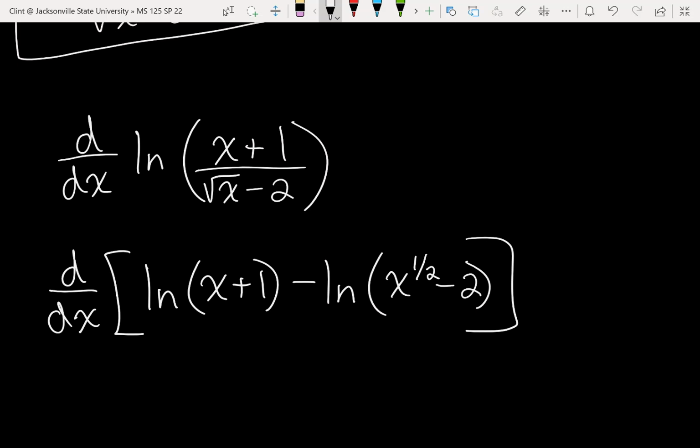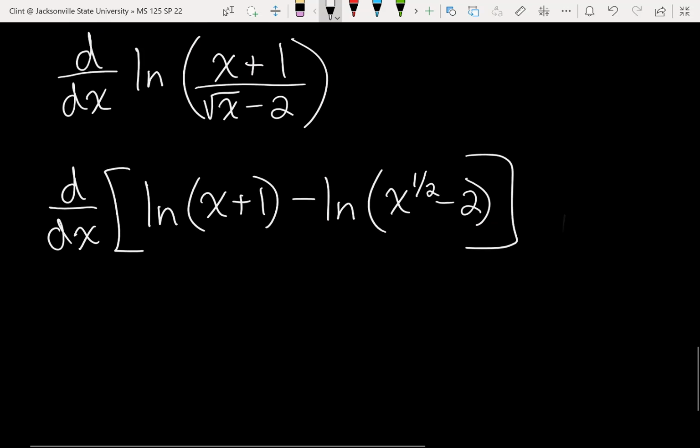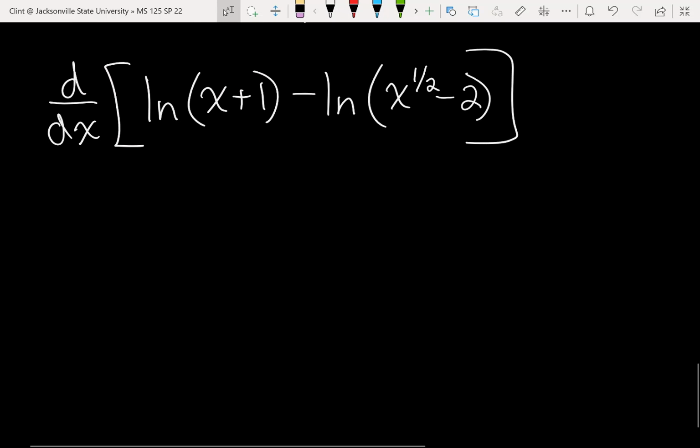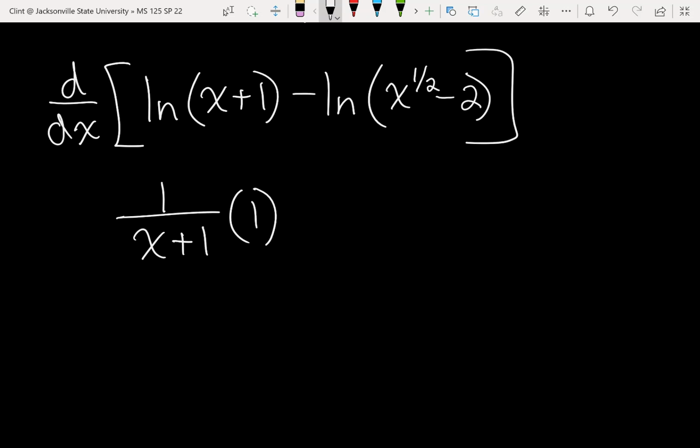To me, that's a lot easier. Because what's that going to be? That's going to be 1 over x plus 1 times the derivative of x plus 1, which is just 1, minus